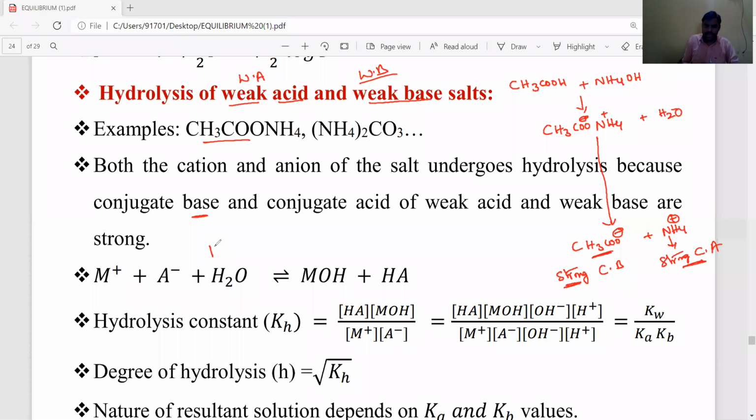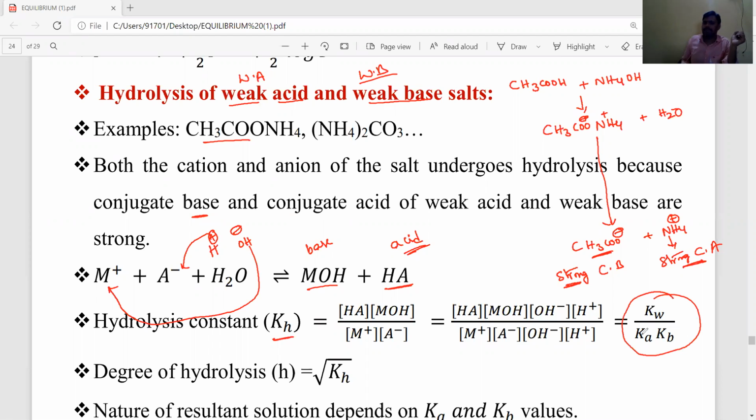So water will be ionized to give H plus and OH minus ions. This H plus goes to the negative ion and OH minus goes to the positive ion, meaning MOH, a base, and HA, an acid, will form again. That's why these weak acids and weak bases cannot ionize. Ionization is very, very less in these cases and they exist in an equilibrium state, and that hydrolysis constant or equilibrium constant is